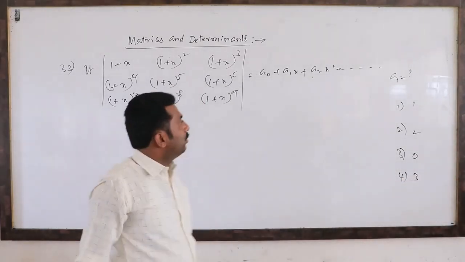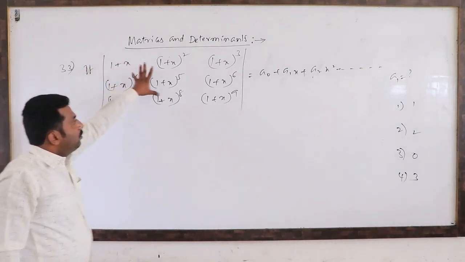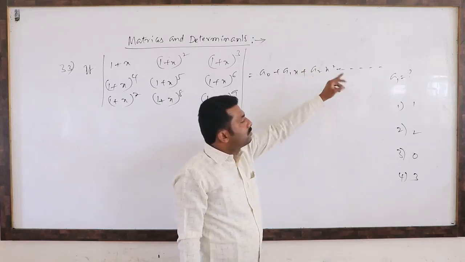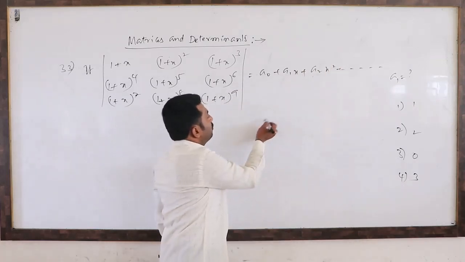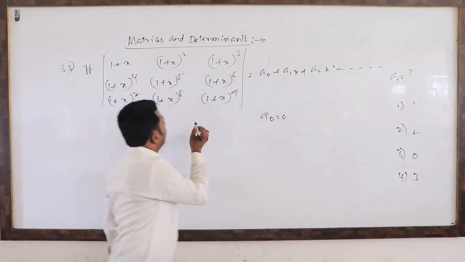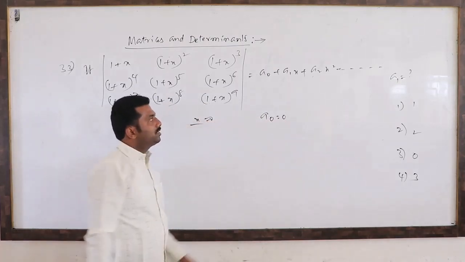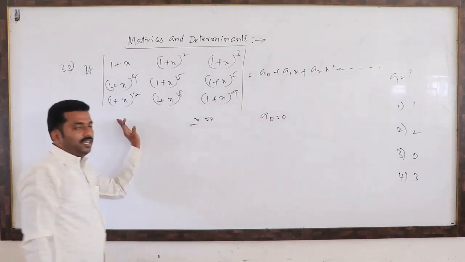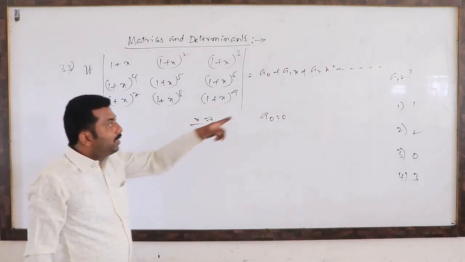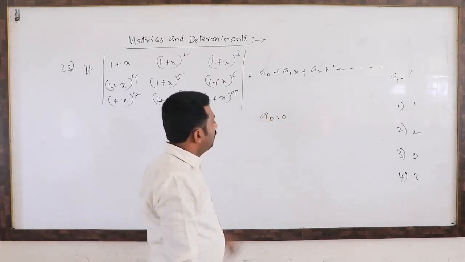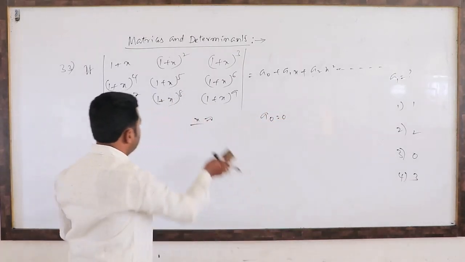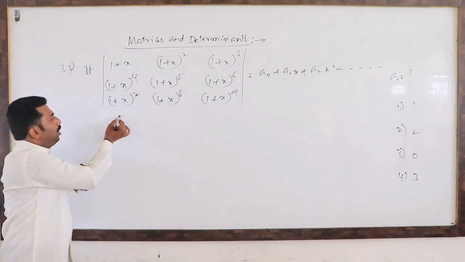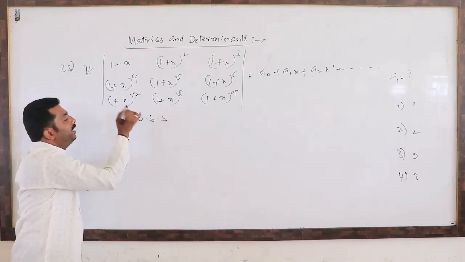So these type of questions you remember. This is one determinant equal to one polynomial, a0 plus a1x plus a2x square like that. Suppose only a0 if they ask, simply x equal to 0 you can substitute, because x equal to 0 means all these terms will be 0, only a0 on the right side also. But tricky, they are asking a1. So a1 means differentiate on both the sides. So how to differentiate on both the sides, you observe.